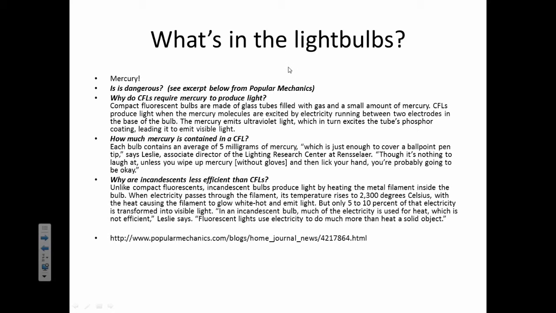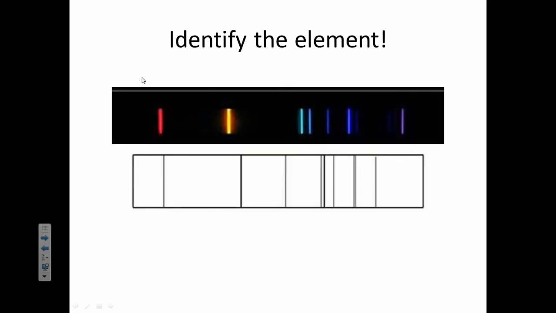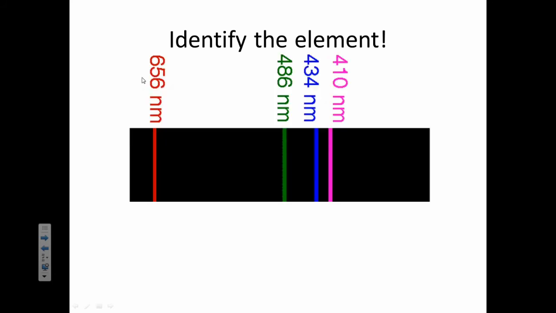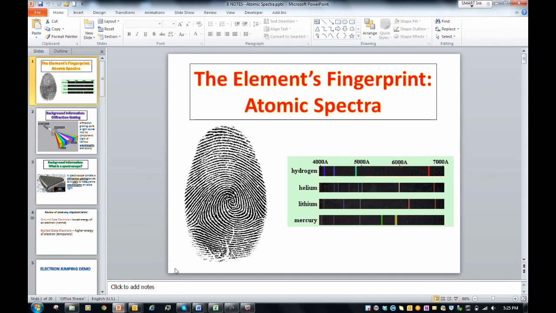And in class, we did an unknown where we looked up at the fluorescent light bulbs, and we definitely saw some mercury in there, because mercury is commonly used in fluorescent light bulbs, and so we could see the bands for mercury and some other bands as well. Identify the element. So this was helium based on your data that you took in class. This matches hydrogen. Okay, so you wouldn't know those unless you had been there for the lab. But that's it for the